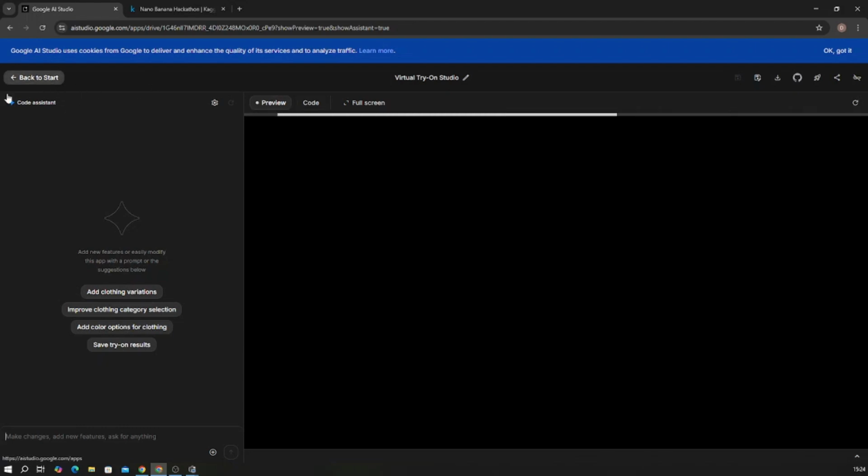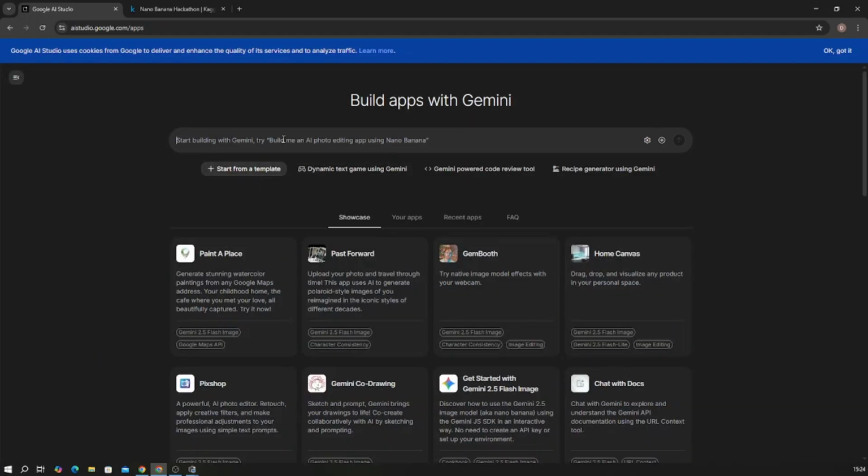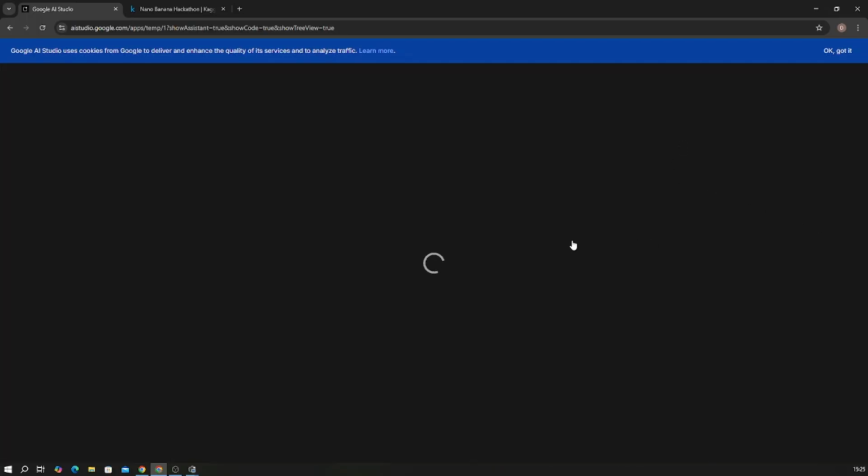You can go back to the build section. Let me show you. So let's say I want to create an app. Create an app that, let's say, creates paintings based on my prompt and image, right? Or maybe let's do it based on image, okay? Use Nano Banana. So if I want to create an app like this, it will generate the app for me,